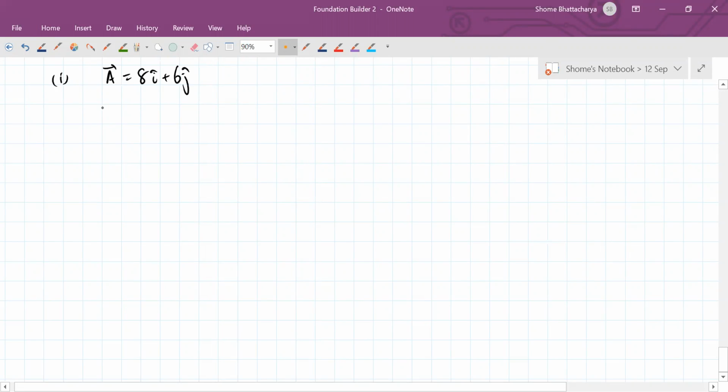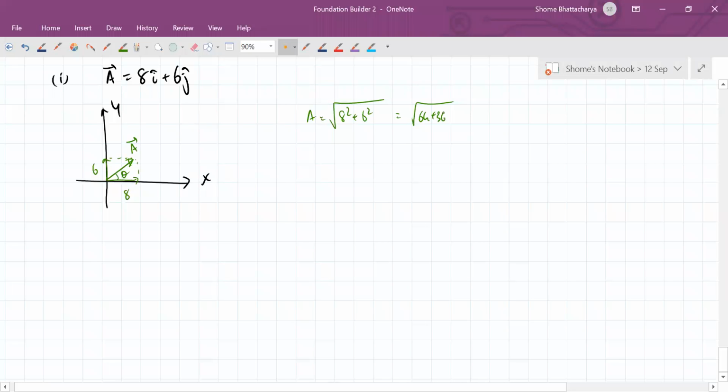So anyway, let's discuss. So the first part, the vector was 8 i cap plus 6 j cap. So you can just visualize it also, though you don't need to draw the diagram exactly, but you can just visualize how this vector is looking. So it is something such that this component is 8 and this component is 6. So the vector itself becomes something like this. And this angle is theta. So you can see that it is a very well known thing that this is 10.